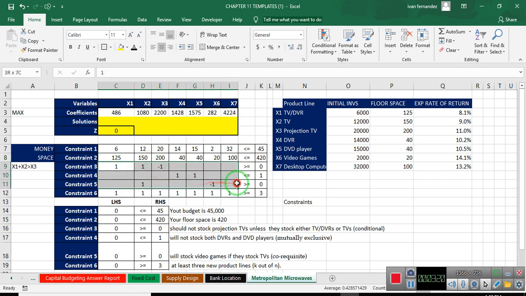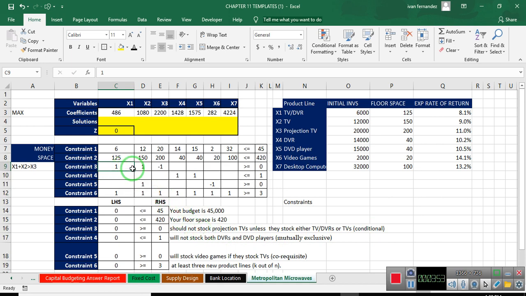And then we jump to the really interesting ones. These are the ones that the chapter covers at the very end of chapter 11. And I wish it spent a little more time. It doesn't go deep enough. But this is what is going on. The first one is, should not stock projection TVs unless they stock either TV, DVRs, or TVs. That's a condition. That means that